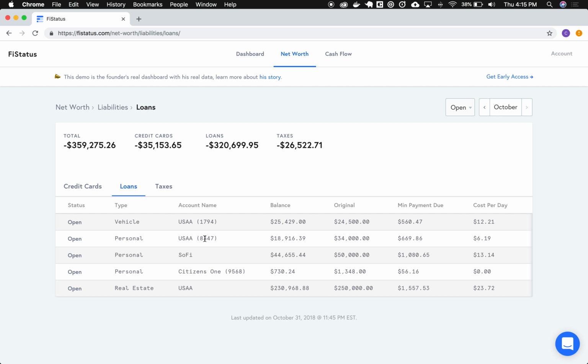I have the vehicle loan. I have these personal loans. This stuff I had to refinance during the past. So here's our real estate loan, 230. So if we minus that 230 from this 320, it's still not a pretty number, but at least you have a little better understanding of, oh, this is a $230,000 loan because it's a real estate loan, while these three are just because of bad things in the past.